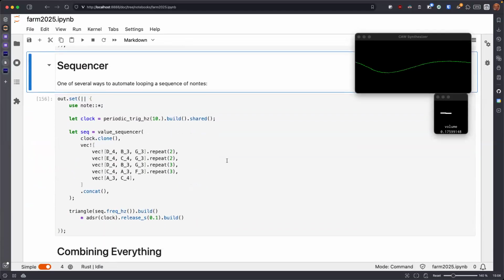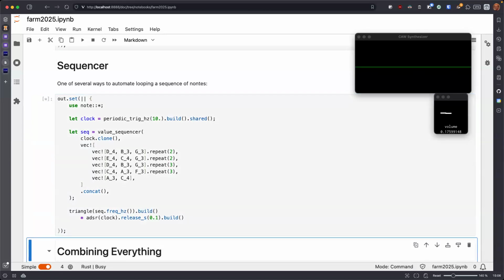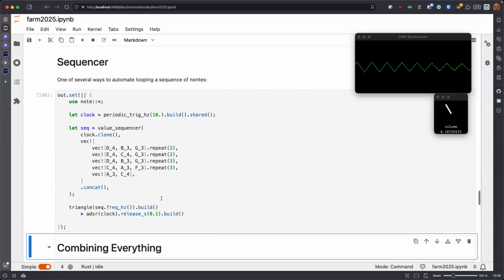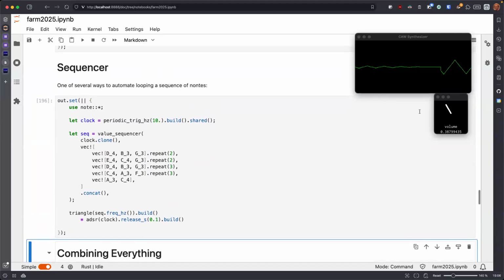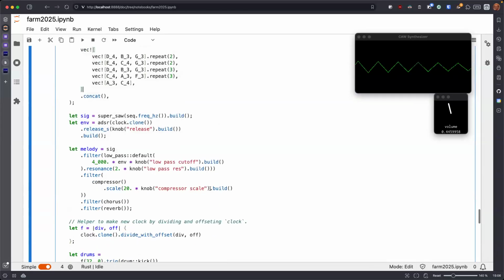So to play actual songs, you could play them manually, but instead let's program in a sequence of notes and then set those to be the frequencies of the oscillator. So I've pre-programmed a riff that I kind of like. So just using the triangle wave, a simple ADSR. It's showing how we sequence notes. And then if you take everything we've seen so far,